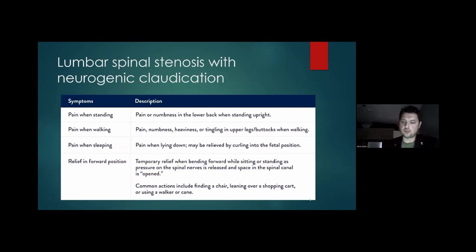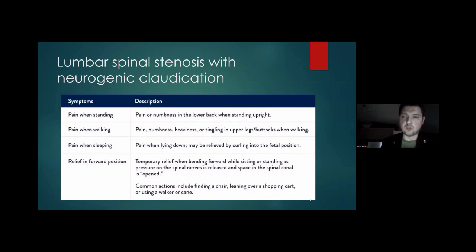These patients usually need to pause while walking after 50 to 100 meters because their hypertrophied facet joints are compressing the dural sac and the nerves. Pain when sleeping or lying down may be relieved by curling into the fetal position. Some patients with severe spinal canal stenosis do not have problems while riding a bicycle because that opens up the